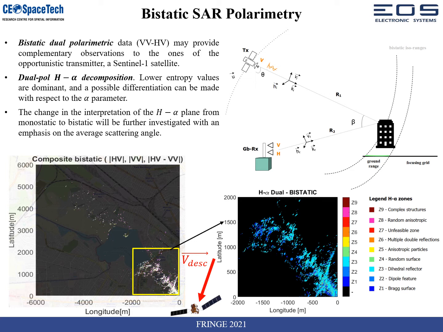A preliminary assessment of bistatic SAR polarimetry was performed with the COBIS platform by using antennas with orthogonal polarizations on different channels. The polarimetric images were acquired over an area of Bucharest city, Romania, with the ground receiver placed on top of the university building. VV and HV data were analyzed using a dual-pole H-alpha decomposition. Most of the scatterers are placed at low entropy values, and the first classification can be made according to the average scattering angle. Further investigations will be made to understand the changes of the dual-pole H-alpha zones in bistatic geometry.